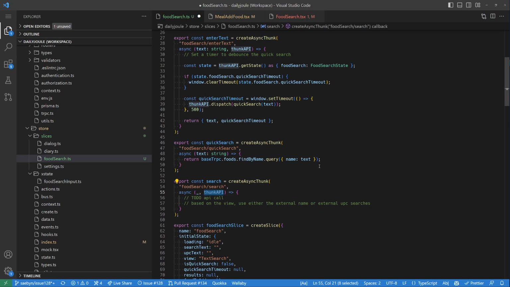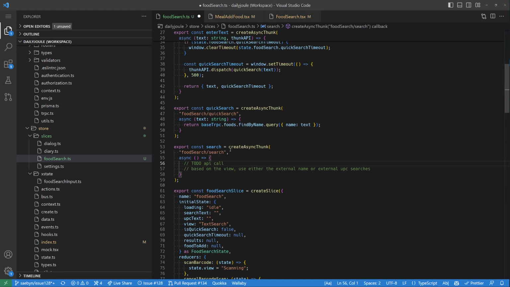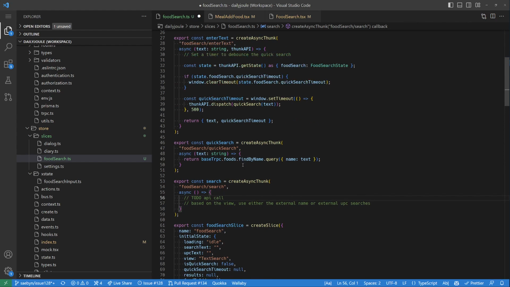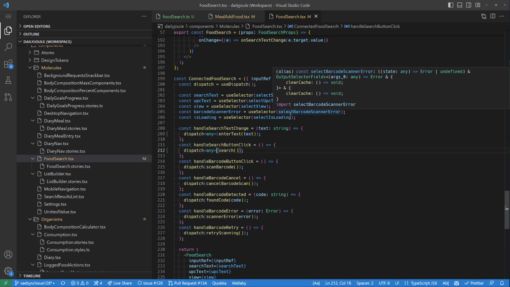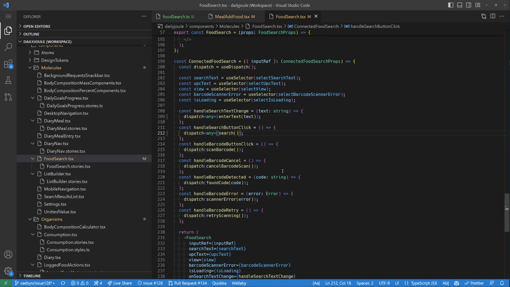I don't know if we'll even need thunk APIs. Let's just do that. Right, because what we're going to do in search is look at the existing state. Oh, right, so we're going to need thunk API for that. To look at the existing state to figure out what kind of API call we're going to make and then pass in the right thing. And then,